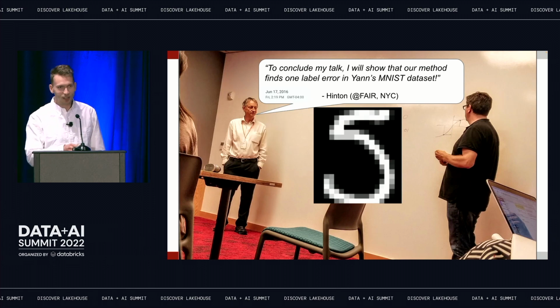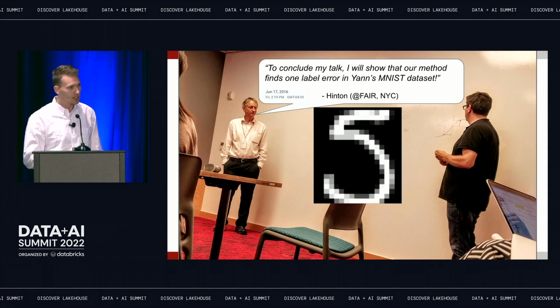And does anybody know who these people are? Hopefully some. Nice, yeah, okay. So the guy on the right is Jan LeCun, and the guy on the left is Jeff Hinton. I was young and a grad student and very excited to be in the room with them. So I'm taking photos and trying not to get caught taking photos, because I want them to like me and not be like, oh my gosh, this guy's a fan, not just someone working in the group.